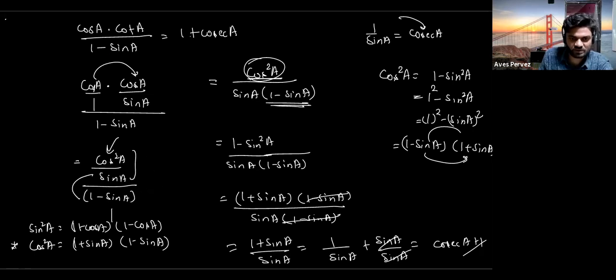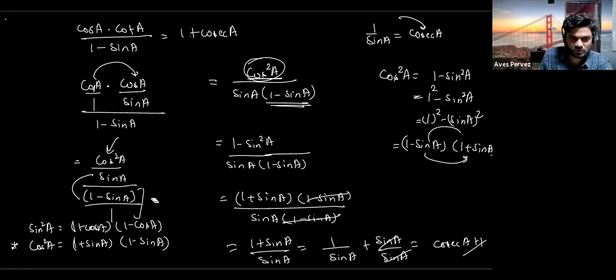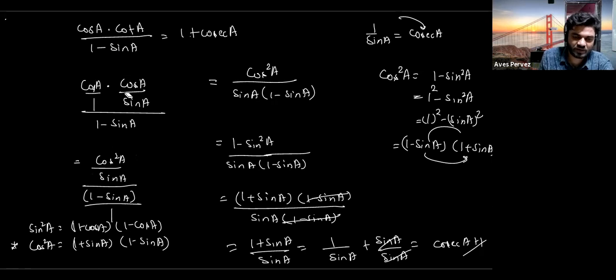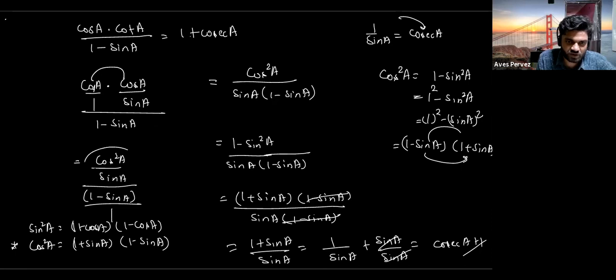Let me write it more simplified so that you can understand. Just listen to me. Did you understand each and everything up to here? Yes, sir. Okay, we have multiplied these two and we get cos square. We have multiplied these two and we got sin a, because there is a product sign here. Numerator is multiplied with numerator and denominator is multiplied with denominator. In here, 1 minus sin a can be written as 1 minus sin a upon 1. Okay, got it? Clear? So I have written this this way.